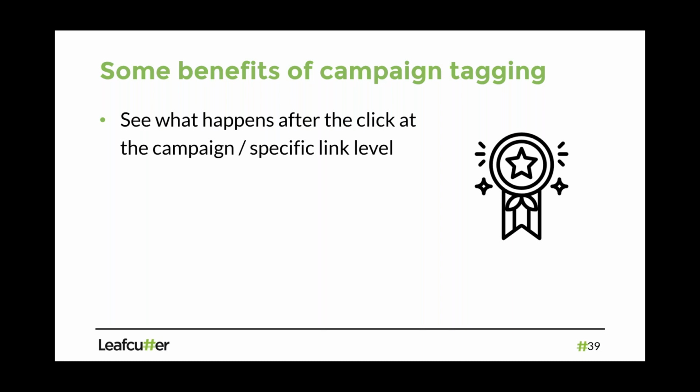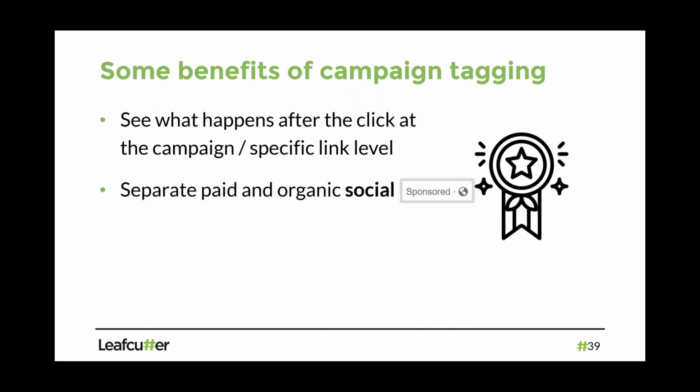You don't get new magical metrics that don't exist in Google Analytics normally. It's still the same metrics: here's how many visits, here's the engagement metrics, bounce rates and pages per session, and here's the conversion rates. It's just looking at it and grouping it in different ways. And maybe that's enough for you to see, oh hey, this specific campaign worked really well, but this other campaign was hot garbage, and we need to optimize it. We need to stop it because we're wasting money. At least we can see that in the campaign reports.